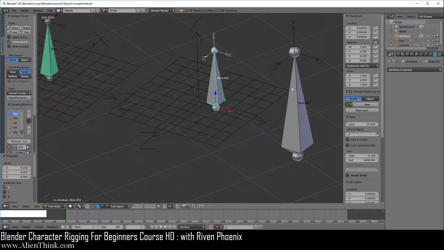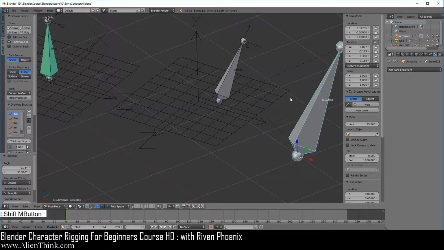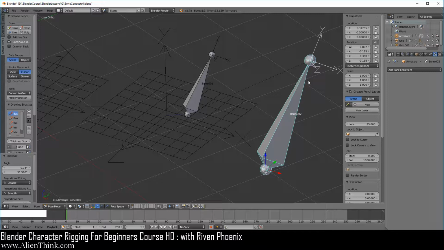What this means is that there are two things going on over here. When you click on the parent and press the R key to rotate it this way, what's going on is, just like in object mode, the local coordinate system that belongs to this child is actually traveling with it.